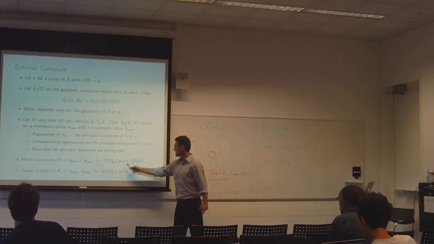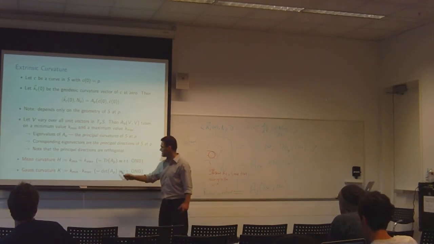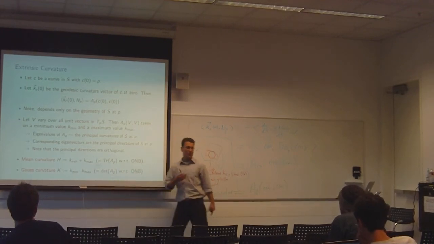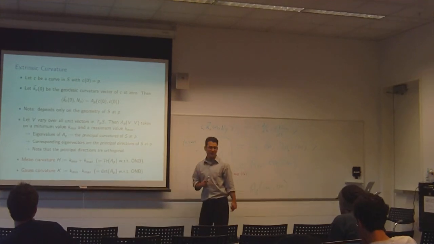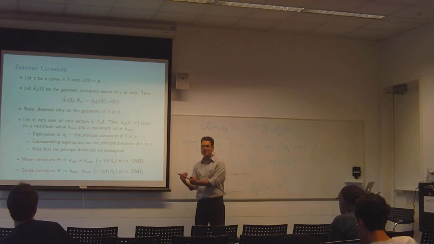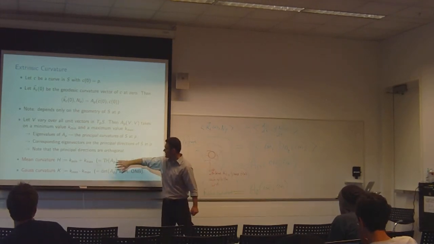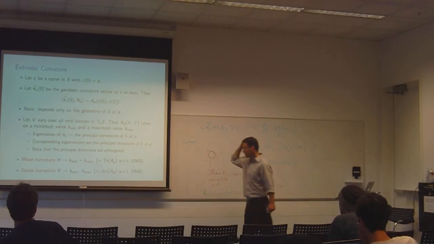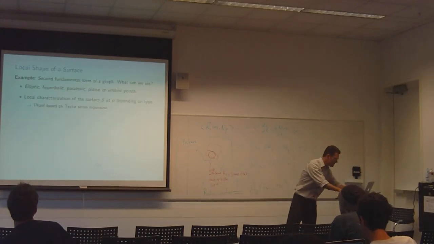And I'm going to explain this a bit better in supplementary material. You have to take the trace in the right way, but never mind. And similarly, to get the product of those two things, you have to take the determinant of this linear transformation. So the product of eigenvalues is an invariant quantity. It's equal to the determinant. So is the mean curvature. So you don't need to diagonalize to get your hands on these two numbers, trace and determinant. But for more, you do have to diagonalize. Okay, so